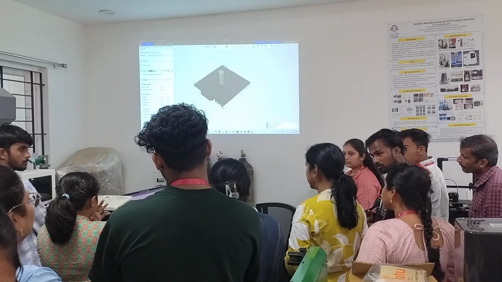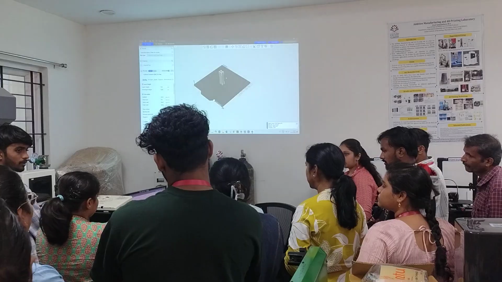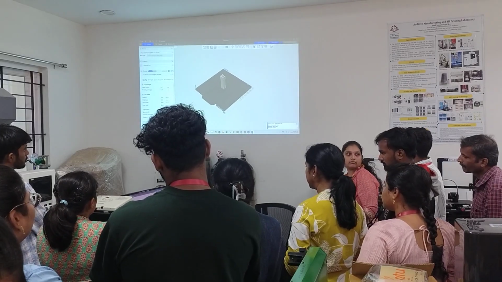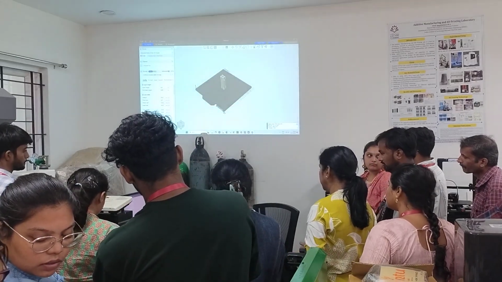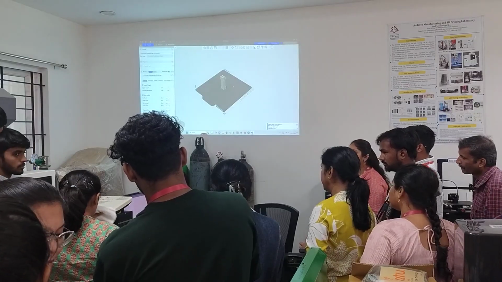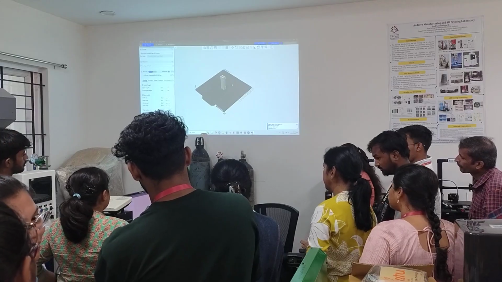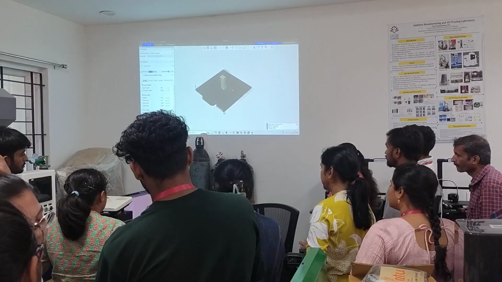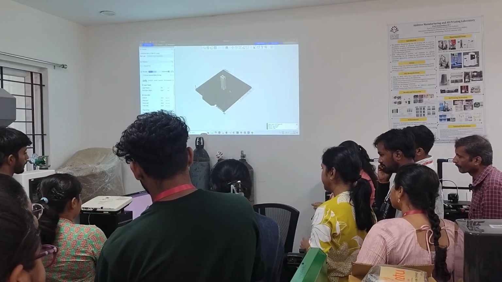So what takes more time? Because if I make it horizontal, it will take a support structure. I will show one part without a support structure, and see what will happen. If a support structure comes, it will take time to print those support structures. That will take extra time and extra material. We'll do one print with a support structure also. We have three printers, so we print different parts.